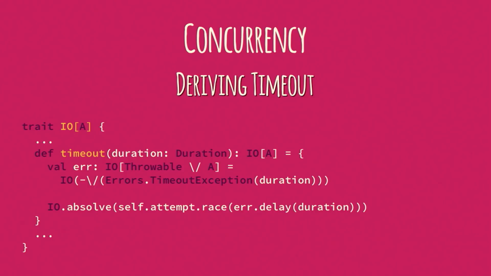Given this definition of race, we can do a generic, leak-free definition of timeout, which is amazing because all the other timeout combinators out there, they're broken too. We can take an IO of A and we can time it out in a certain amount of time. If that time elapses, then we're going to kill it. And how do we do this? We just sleep for that amount of time and then produce an error. And then over on the other hand, we run it, and then we call RACEWITH, and then we kill the loser, and we're done. And then we absolve the error. So this is a very compact compositional definition of a timeout that doesn't leak any resources, ever.